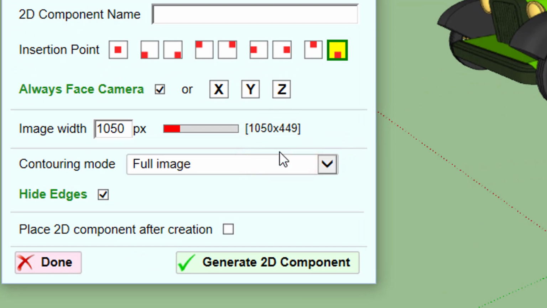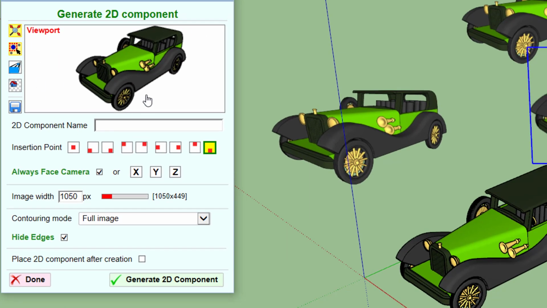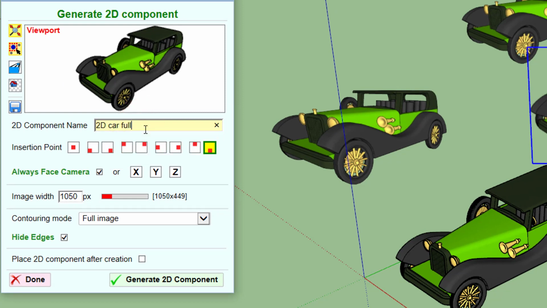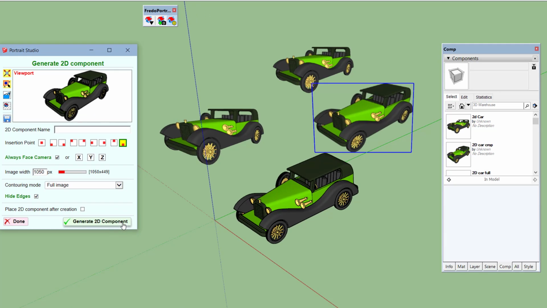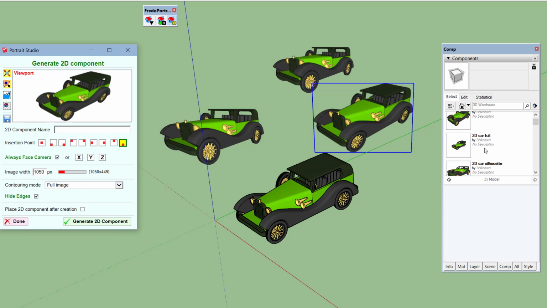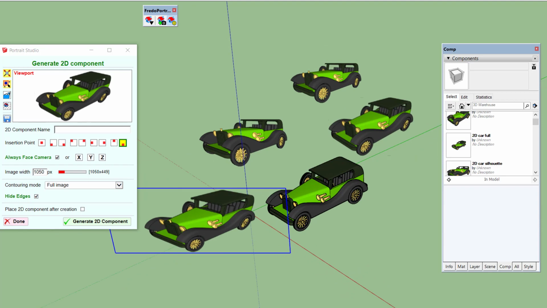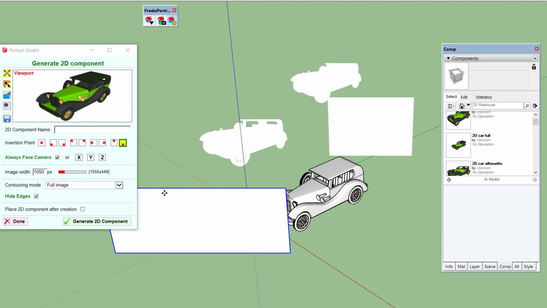So it just creates a rectangle with the sides of the image and nothing else. So let's put it here. So you see that it's just a rectangle with the texture of the original image.